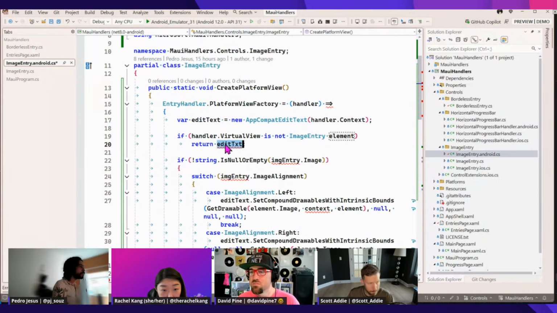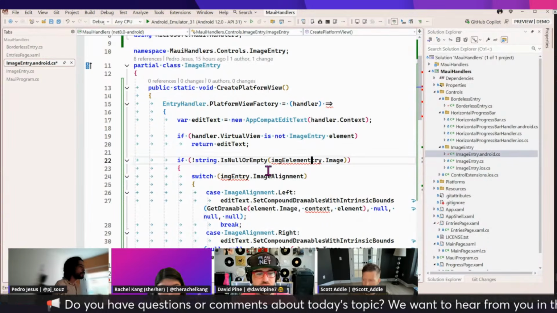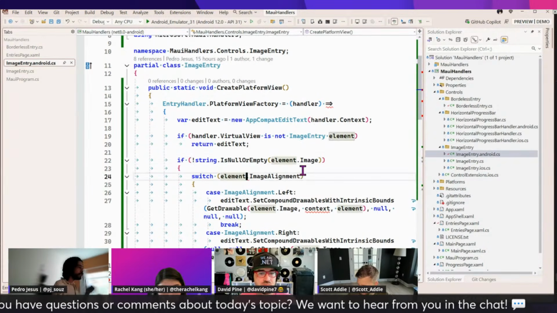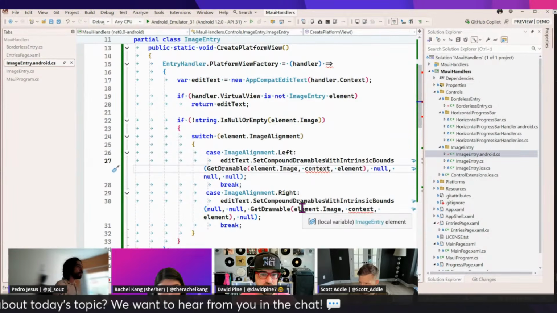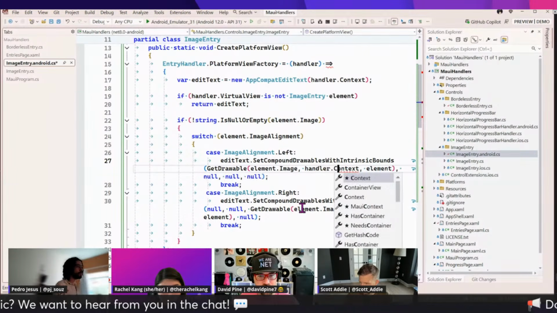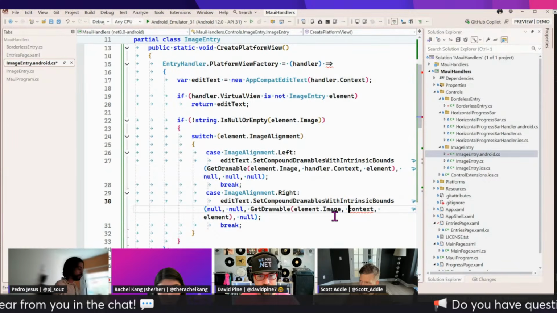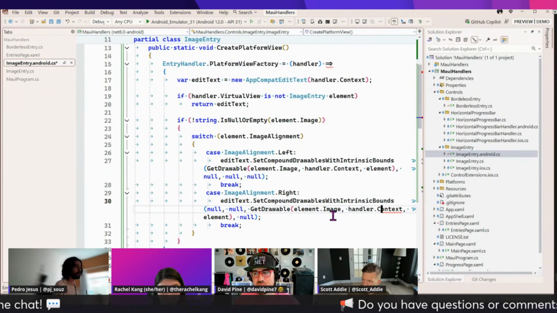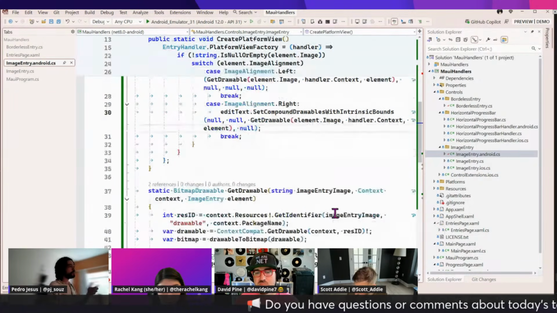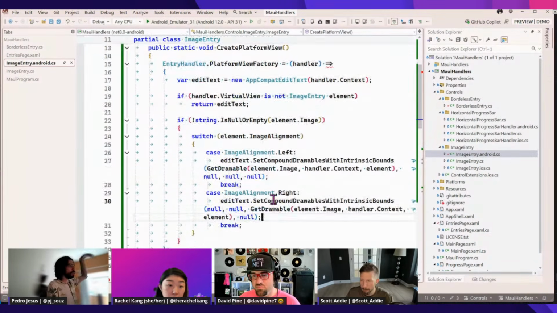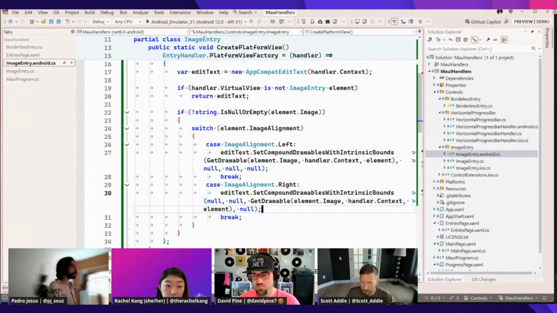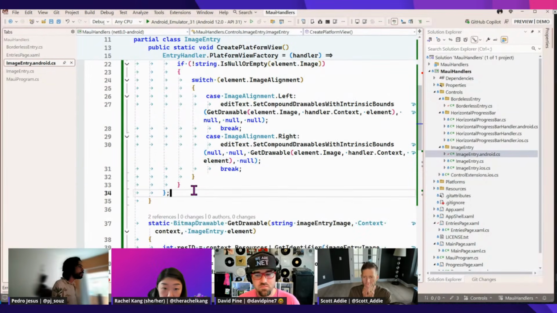So I just did here a rename, and I will grab the handler.Context right here and handler.Context right here. So basically I'm creating here my platform control. That is now my ImageEntry, and I am configuring this to apply that image at the end. And I will need now just to return this to my